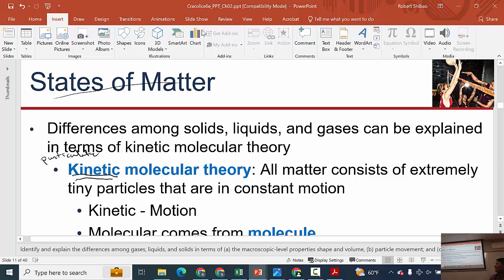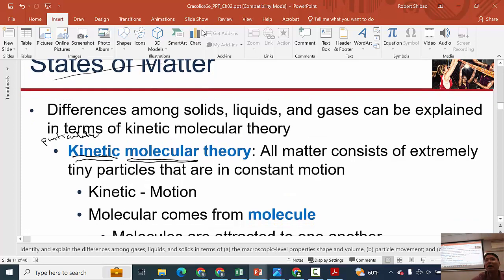When we look at kinetic, it is motion, and kinetic energy applied to water will be molecules in motion. So kinetic molecular theory is the motion of these particles. And this is all quantum based. So these are quantum based calculations. So even though it says kinetic molecular theory, this all comes from theoretical chemistry, quantum mechanics. All matter consists of extremely tiny particles that are in constant motion. Unless it's at